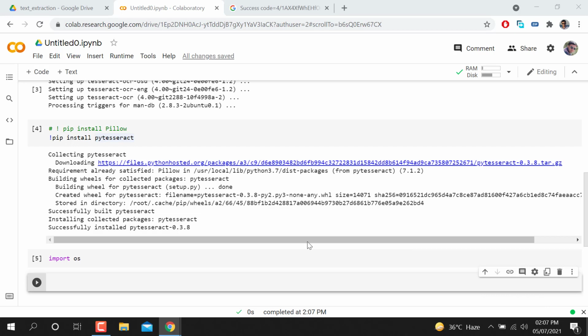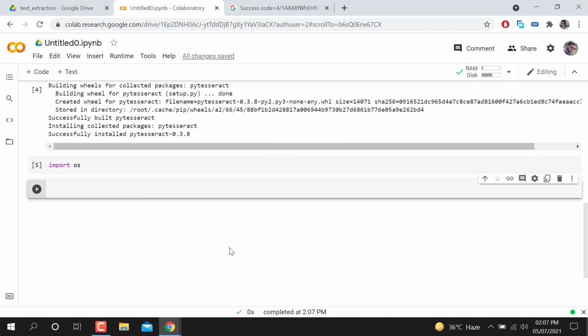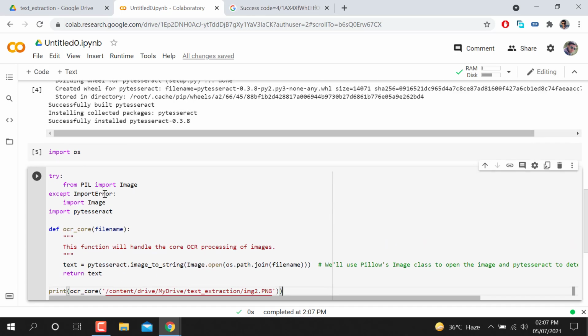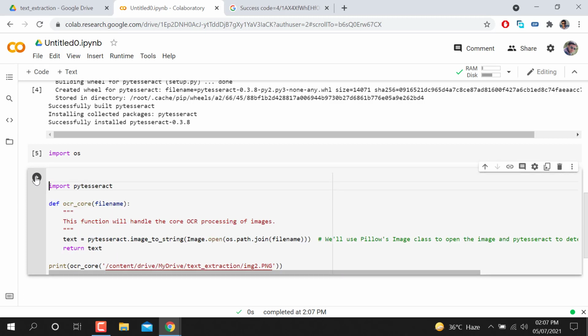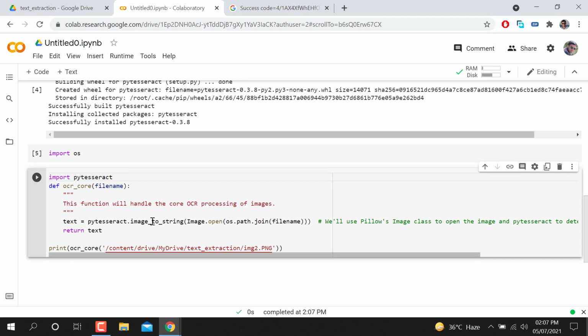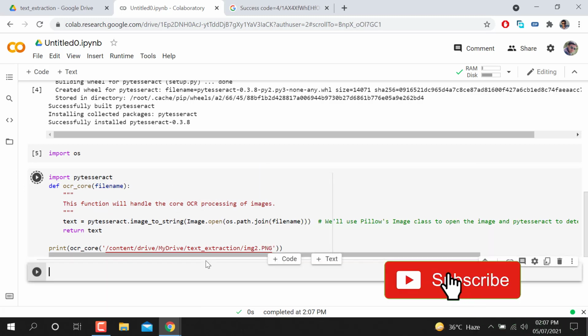After that, I'm going to paste the code that will run to extract text from the images. You can see this is the main code, and I'm going to tell you about it. For example, I'm using try: from PIL import Image. It will try to import this from PIL; if not, it will use the other library. After that, import pytesseract. Rather than using this one, I'm going to simply use this one. Let me see if it is working or not, and then we will discuss the code further.